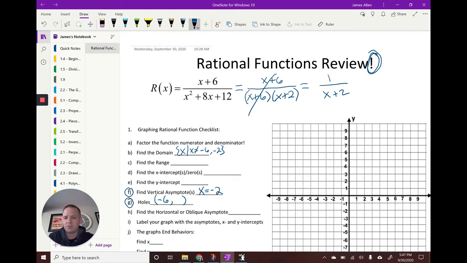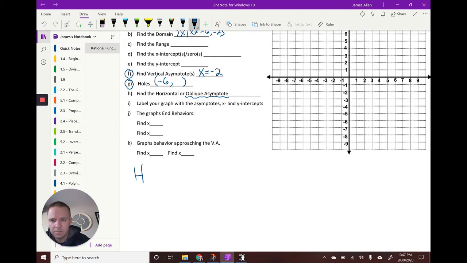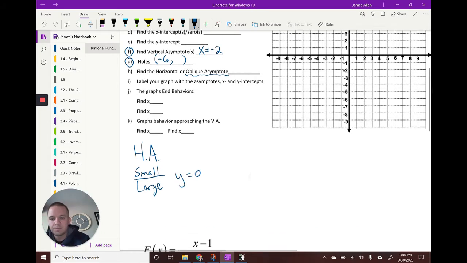How about our horizontal or oblique? This is something we're going to bring in this year, okay? You've seen horizontal, but you haven't seen oblique yet, at least not to my knowledge. Let's talk about our horizontal asymptote rules. If we have a small degree over a large degree, it's going to be y equals 0. If we have